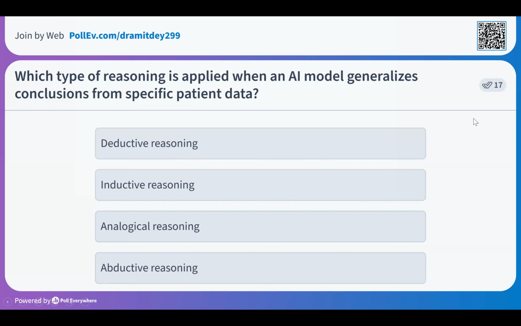I have 16, 17. I'm expecting more responses. How many have joined? 34 participants have joined. So we are halfway. I'm requesting everyone to participate in this quiz. We'll wait. Professor Gupta, if you're there with us, you want to shed some light. Don't tell them the answer, but shed some light on those types of reasoning that we have spoken about, deductive and inductive reasoning from your point of view.